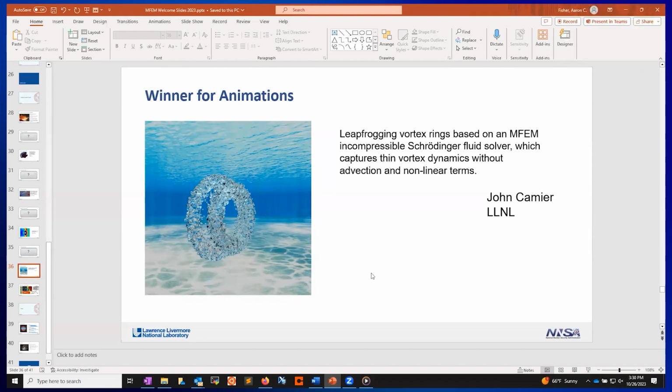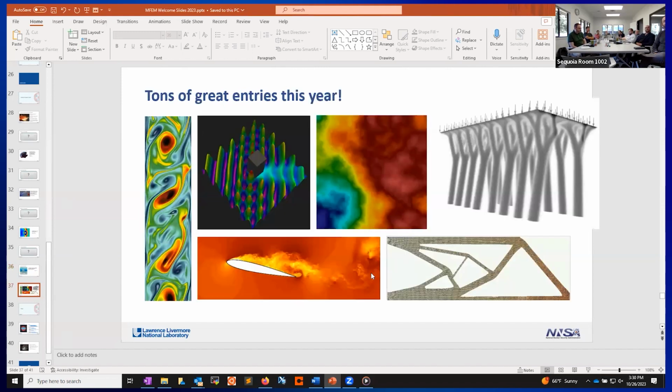All right, so that's it for the winners. But I wanted to mention everyone else. These are a bunch of pictures from the other entries. There were a lot of really good entries this year, and it definitely made it hard to choose.